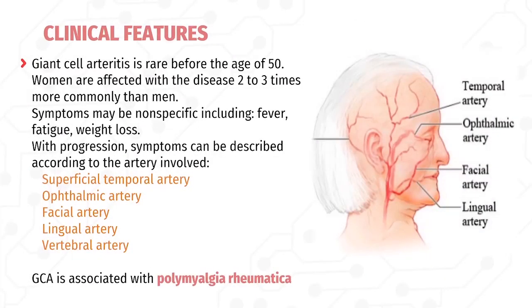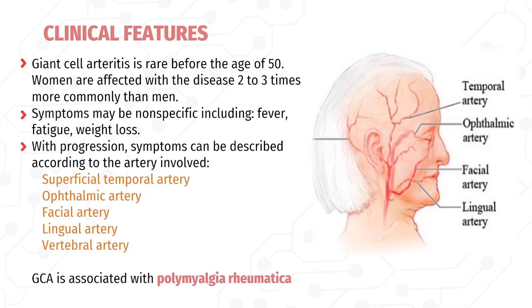Now the clinical features. Giant cell arteritis is rare before the age of 50. Women are affected with this disease 2 to 3 times more commonly than men. Symptoms may be non-specific, including fever, fatigue, weight loss, and with progression, symptoms can be described according to the artery